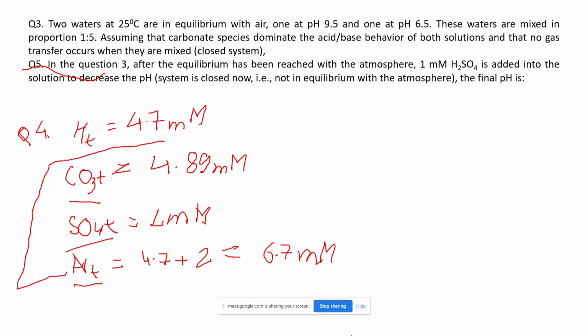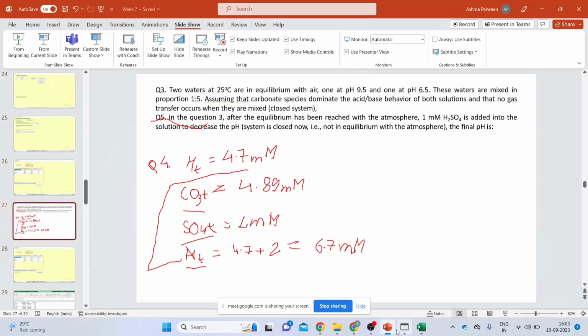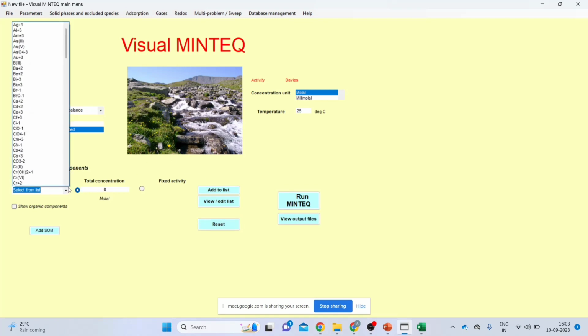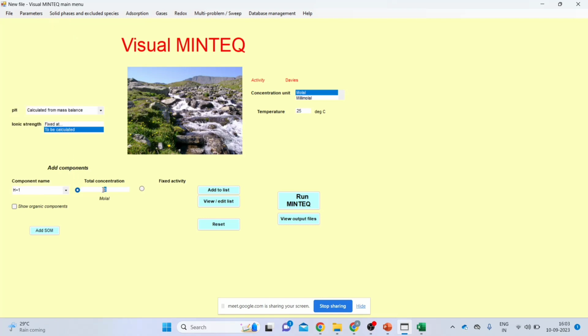So it is similar to the previous question. We will just go back to the Mintek. Let's go back. We will reset it. Now we have to add H. It was, I think, 6.7. Let's change the units to millimolar because everything was in millimolar. So H was 6.7. We will add